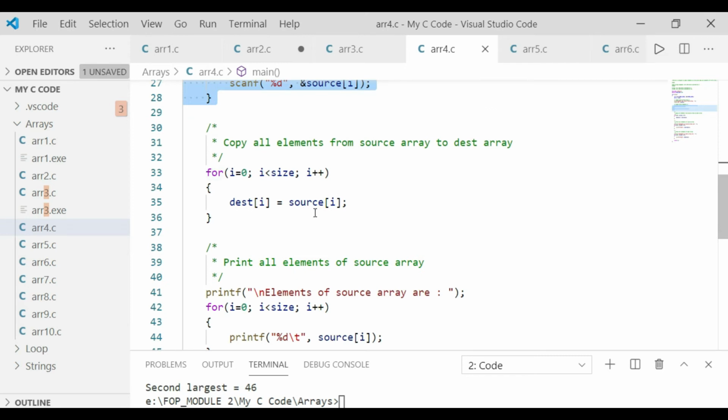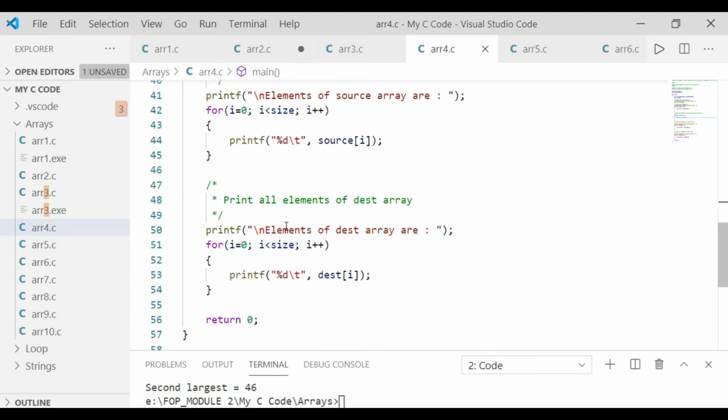So the first time source of 0 value will be stored in destination of 0, and source of 1 will be stored in destination of 1. So all the values are copied from source to destination. Then finally I print the two arrays, the corresponding elements. So when I run this code here,